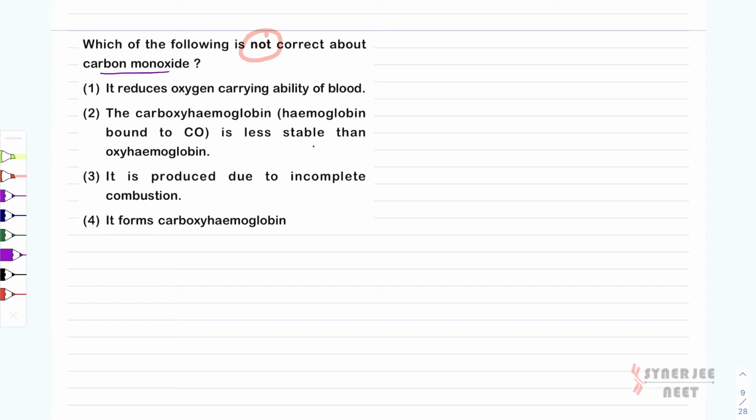Now, carbon monoxide, if you are in a room where some carbon is burning, then it will be very suffocating and sometimes it will be fatal also. The reason is that carbon monoxide is formed when carbon burns with oxygen insufficiently. If oxygen is available sufficiently, this carbon monoxide may burn further and convert into carbon dioxide. But if it is not sufficiently burned, then a good amount of carbon monoxide will be available in that room.